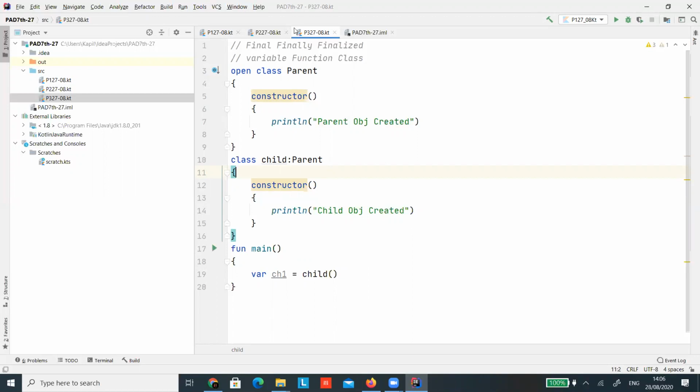So let me start from this program only. Okay, let me run this. So the file is compiled.